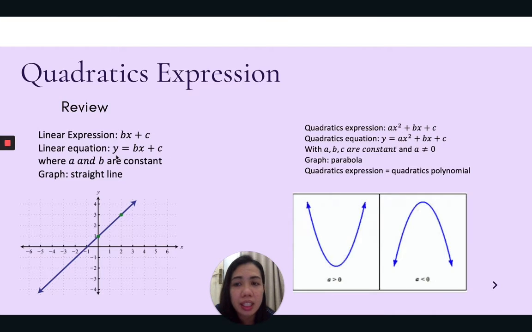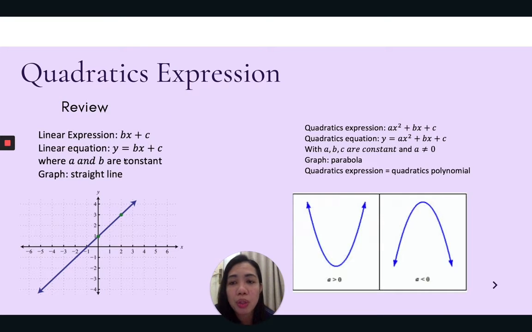So this is the linear equation, which has two sides. And here, this y, we can change with any number. For example, I can change it so that bx plus c equals 1, or bx plus c equals minus 1. You can change it with any number, but people commonly change that to 0. After you make that equal to 0, then you can solve the equation.